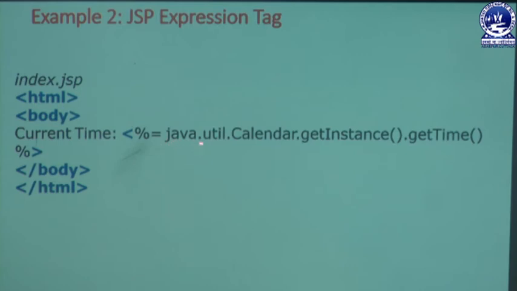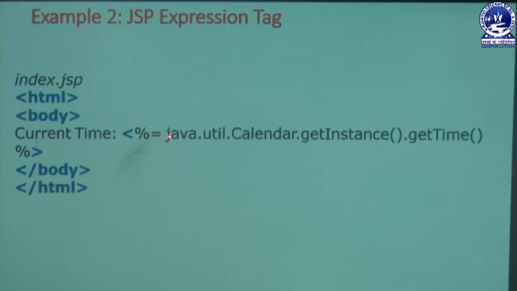Then we can write the code of date and time. Then we're getting the result in our web browser. Then how to write that code? In the body section we can write the expression tag, and it is one signature. There is a normal text which is displayed in our web browser. After that we are getting the date and time of the system.